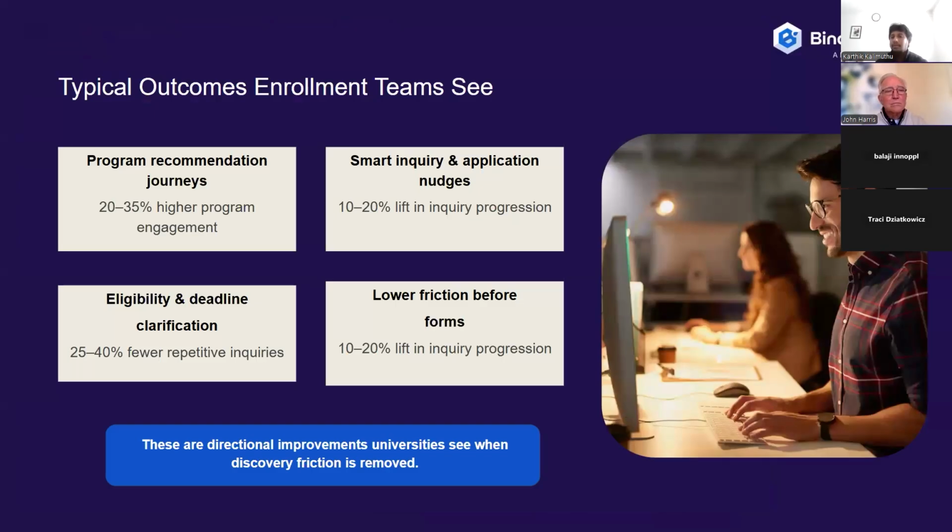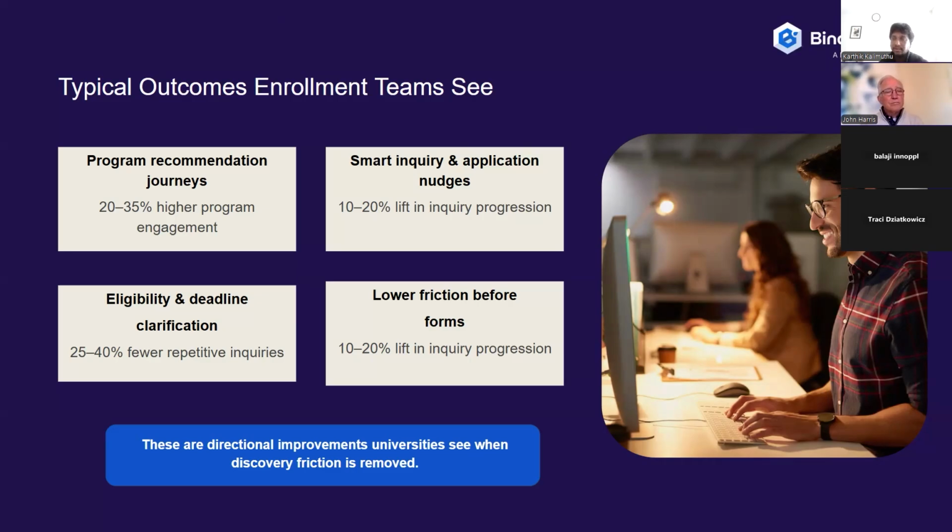Okay. So the typical outcome for enrollment teams is in program recommendation journeys. Like we have seen with this implementation with our existing higher ed institutions, they have increased the engagement rate by 20-35% on the enrollment side, especially from the recommendations, recommending the right program based on the questions the student is asking, and showing them the right path and guiding them with all the AI assistance, and with showing them the right guidance or calls to action. So we have seen a 20 to 35% higher program engagement,